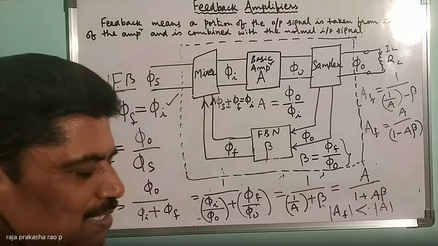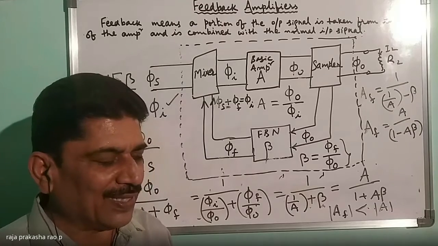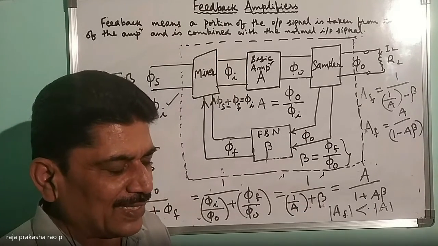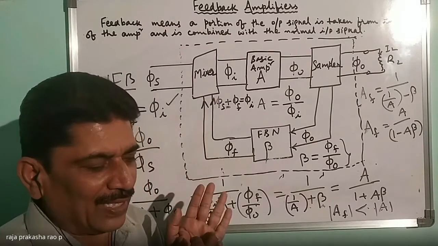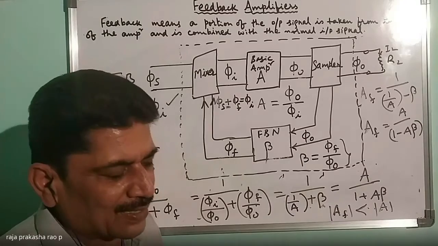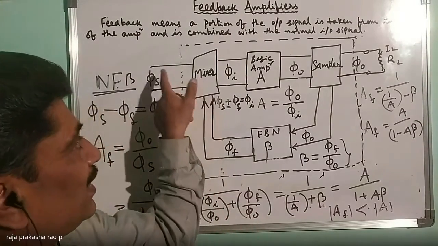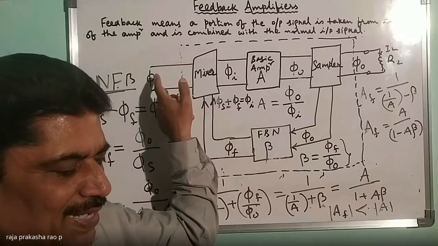Now positive feedback means we add an extra signal. What is that extra signal? We are getting a portion of the output signal. It is in our hands now. It should be added to the input signal, right? In the positive feedback, we will add this signal to the input signal. Where is the input signal here? Is it Vs or not? Yes, sir. Vs is the input signal.